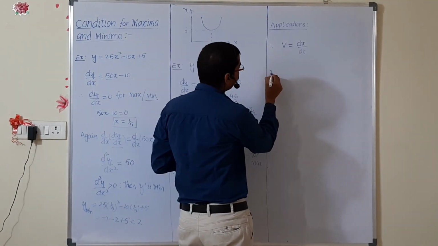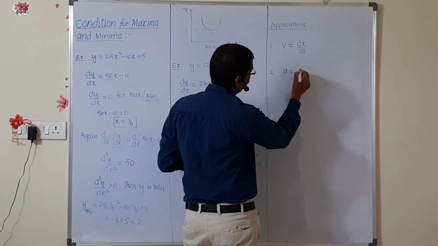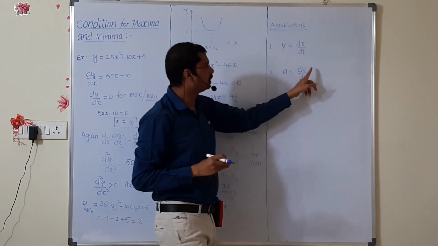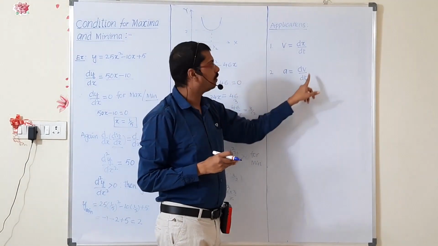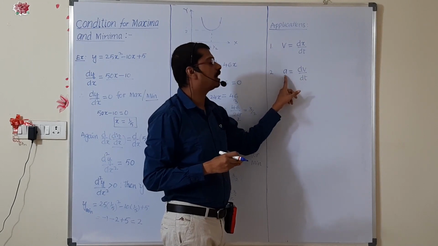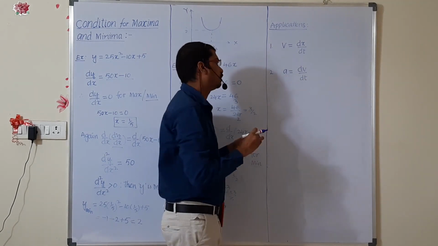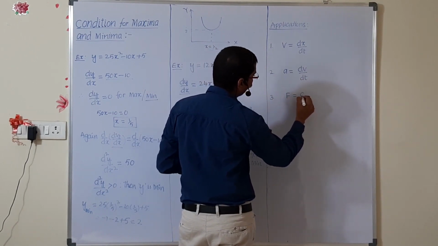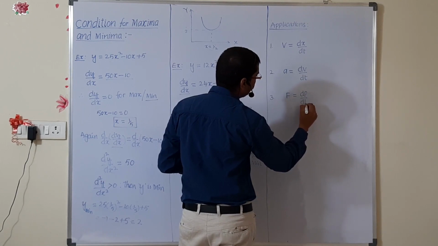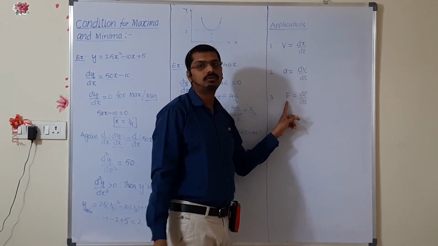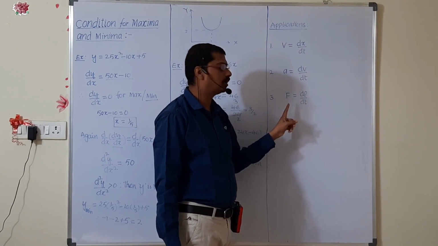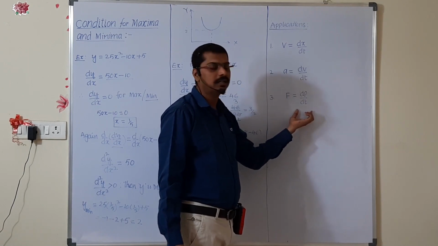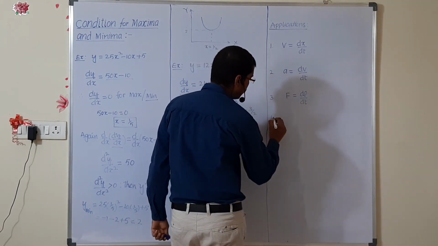Now, like that, acceleration. If you write the acceleration, what is that? dv upon dt. Again, velocity changes with respect to time, then we can find the acceleration. There are so many things there. For example, again, F is equal to dp upon dt, which means the rate of change of momentum is called force, according to Newton's second law. F is equal to dp upon dt, and that is again a differentiation.